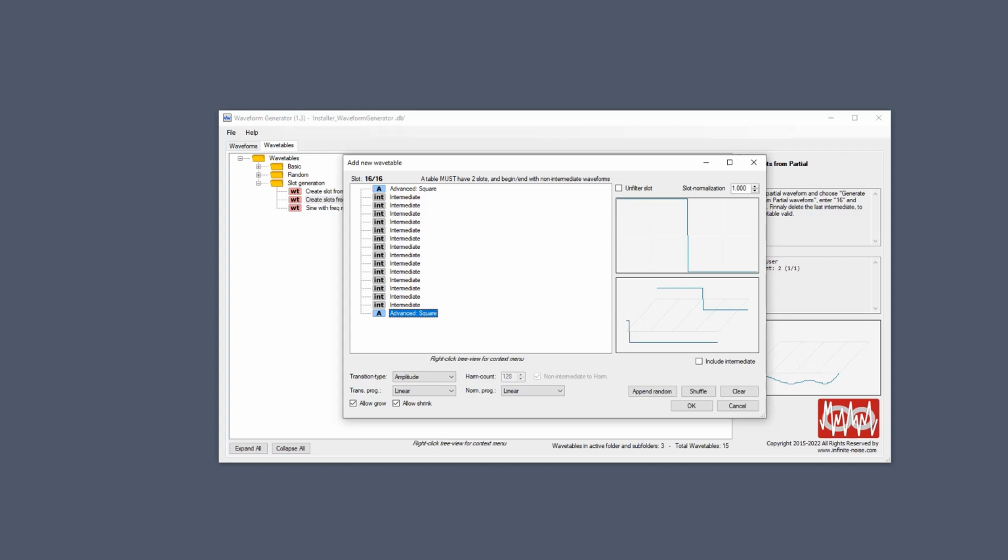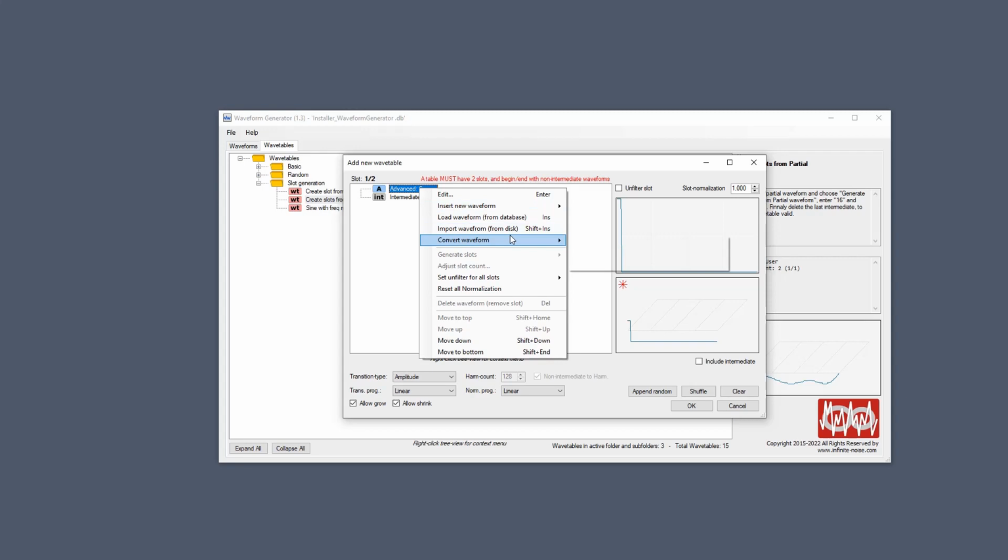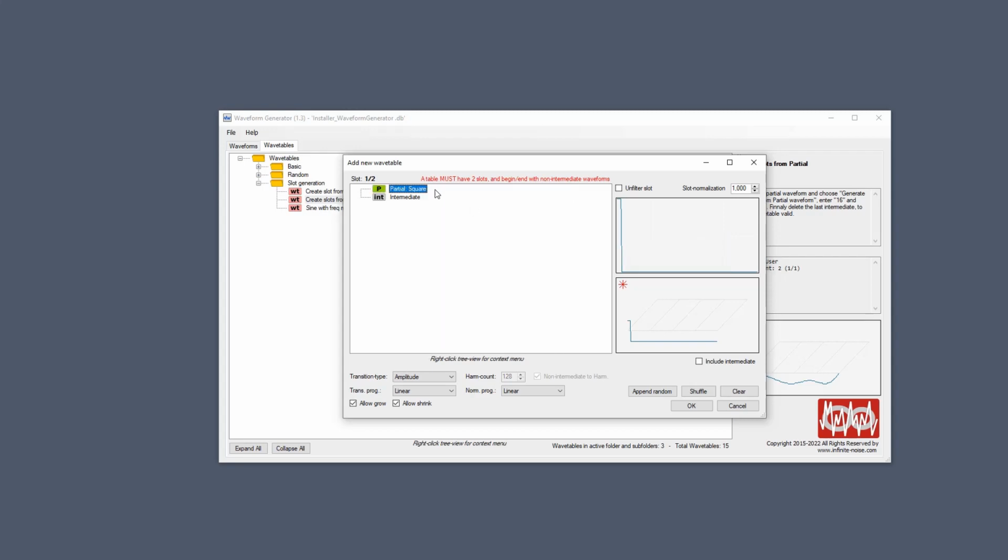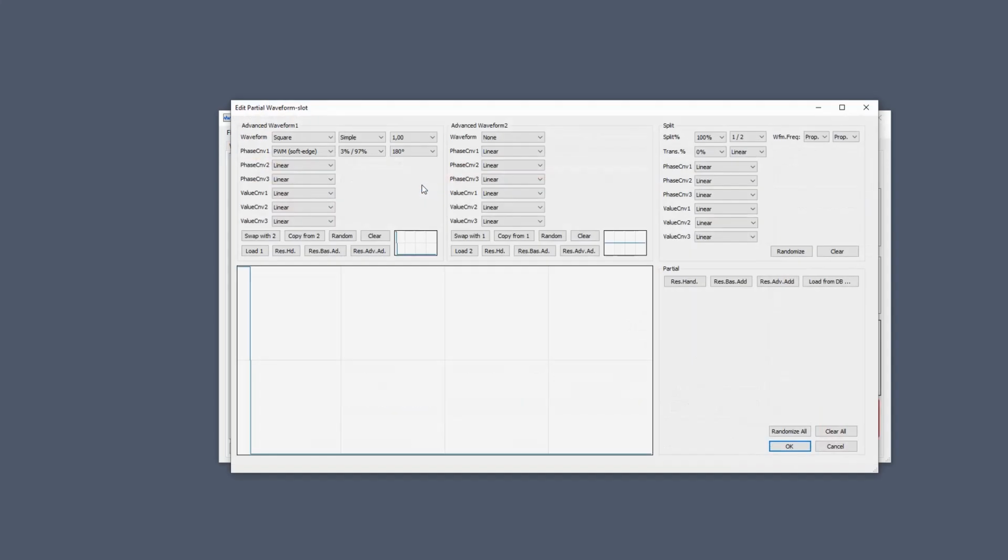However, there's another way we can accomplish what we want to. So let's delete these. What we can do is convert this top one to a partial. Double click it. A partial consists of 2 advanced waveforms, and what we can ask the program to do is transition from the first into the second. So if I copy the second into this one and change it here to